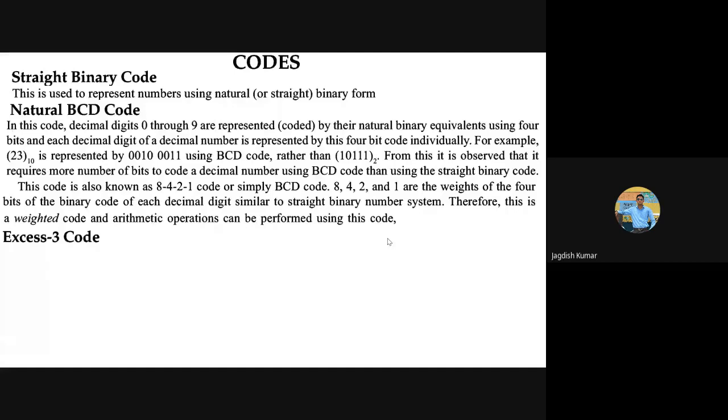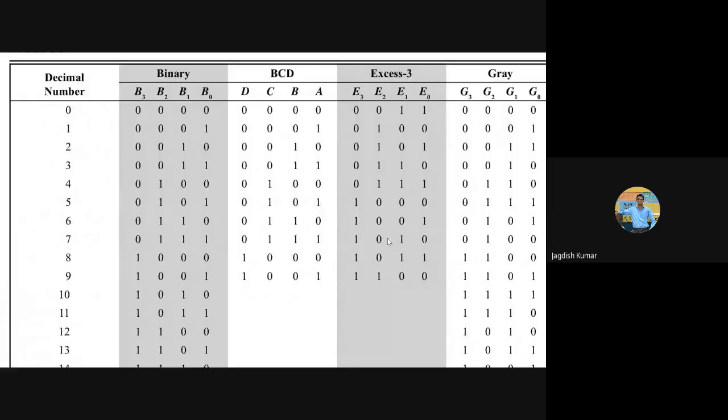Then there is a table. Let me show you the table first. So here you can see how we can convert a set of various numbers in decimal form to different binary forms. So let us first look at 2 numbers itself. Just a minute, this is going out of the scale. Let me try to fix it up a little so that the full screen is visible to you. Just a moment.